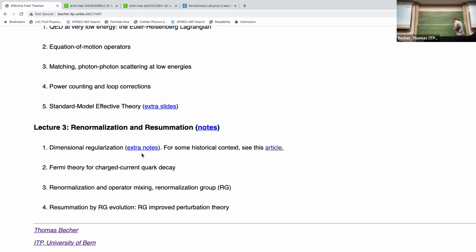And so the dim reg idea is to instead change the space-time dimension. So if you have a square here so that it's divergent, but we would be in a lower dimension, then it would also become convergent. So we now set d equals 4 minus 2 epsilon. That's what these people say. Actually, they said 4 plus epsilon. That doesn't matter. Now, the only question is, can you make sense of this integral? What does it even mean to do this in 4 minus 2 epsilon dimensions?